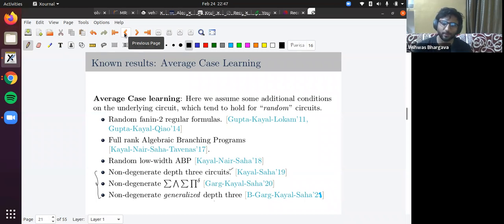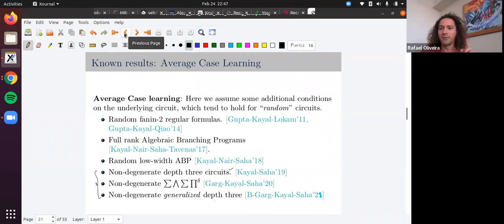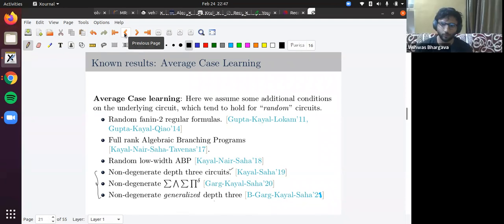They lie on some kind of variety. So most of the circuits will not be degenerate. Right. They're very rare, but in general, these are the circuits we're interested in. For the end, I'll show a very concrete example soon, where you will also see what kinds of non-degeneracy conditions one will encounter. But as I mentioned, these conditions hold for random circuits.